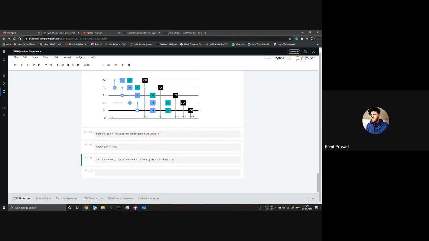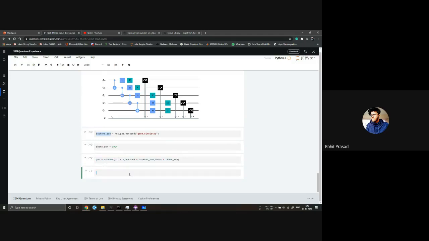These two things are defined in this way: run, with backend and shots. It asked for backend, so we gave this backend. It asked for shots, we gave this shots. So the job is this.